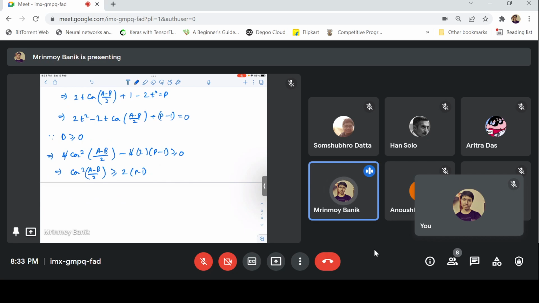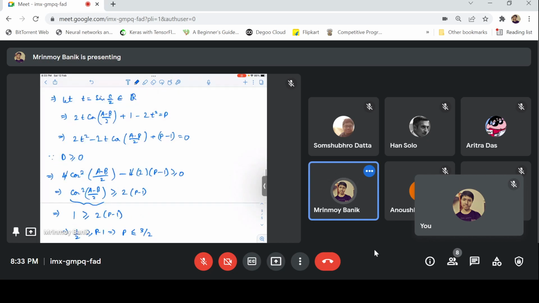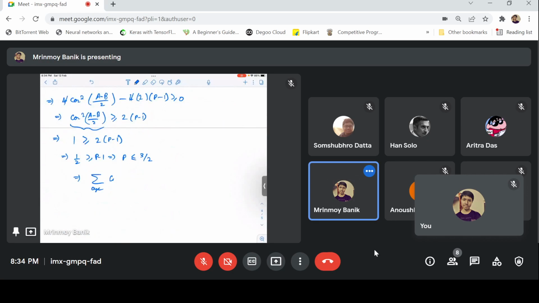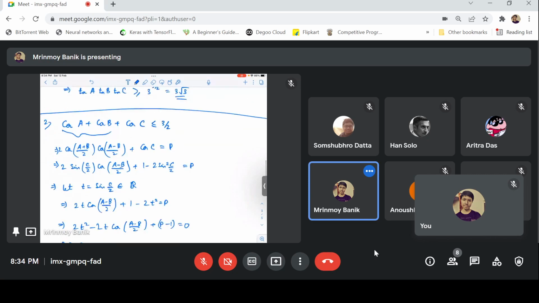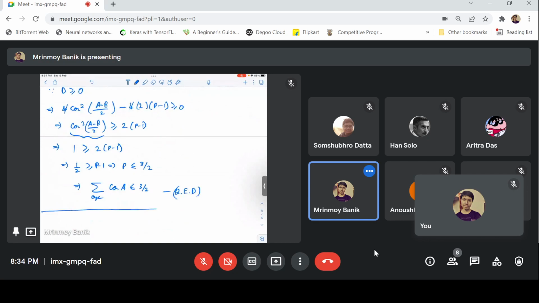So cos squared A minus B by 2 is an upper bound for 2P times P minus 1. I guess we don't need strict upper bounds. So what is an upper bound for the left hand side? Obviously 1. And P was our original expression. Okay, so now